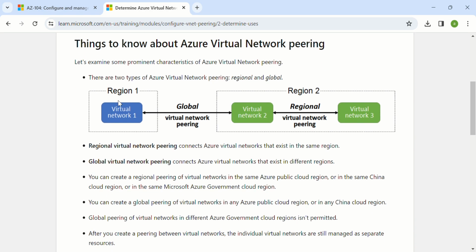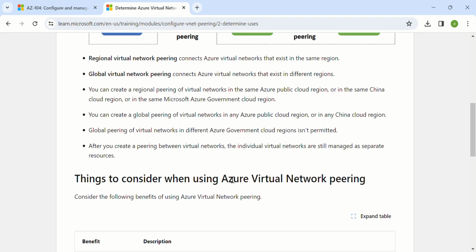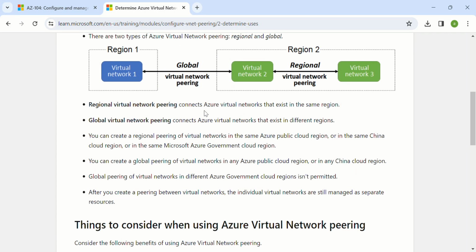Things to know about virtual network peering. Let's examine some prominent characteristics of Azure Virtual Network Peering. There are two types of Azure Virtual Network Peering: regional and global. Regional virtual network peering connects Azure virtual networks in the exact same region. Global peering connects Azure virtual networks